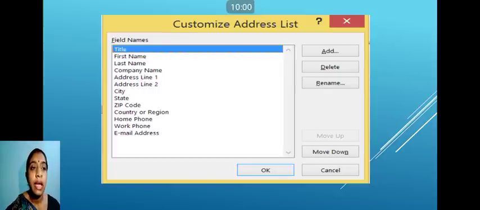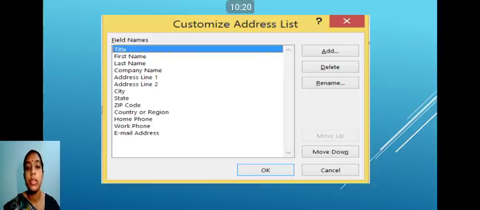Now on the right hand side you can see add, delete and rename options. If you want to add any field which is not available here, you can add it, or the things you want to remove, you can remove, or you can even rename them.